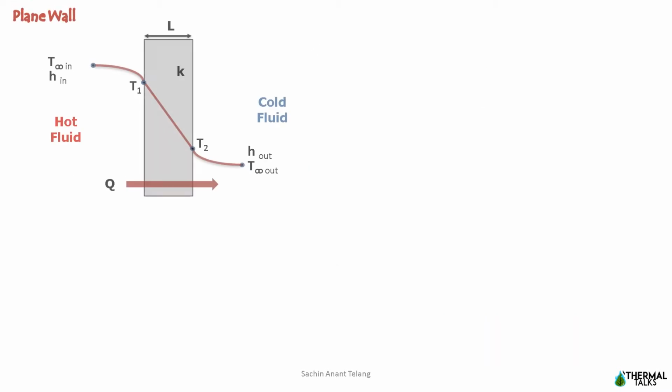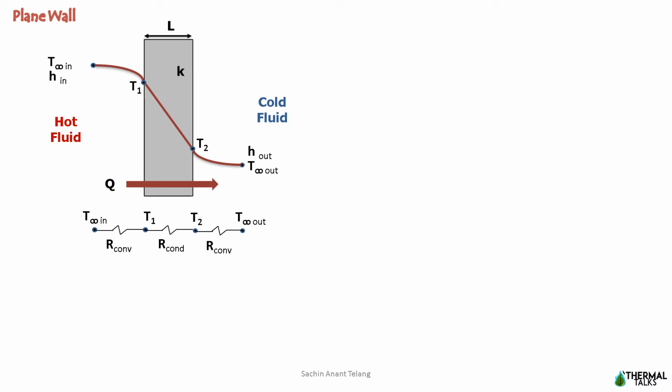Let us take an example of a wall of a container holding a hot fluid inside, and it is exposed to ambient cold fluid outside. We already know that heat transfer takes place from region of high temperature to the region of low temperature, as in this case from hot fluid to the cold fluid through a solid medium, which is a plane wall. What happens now is thermal resistance is present at each medium. Convective resistance from hot fluid to wall, conductive resistance within the wall, and again convective resistance from wall to cold fluid.